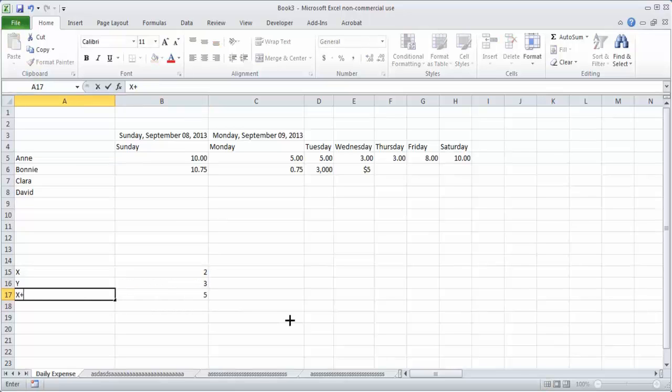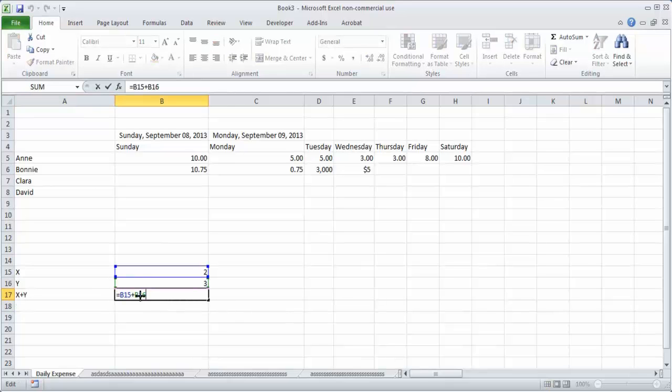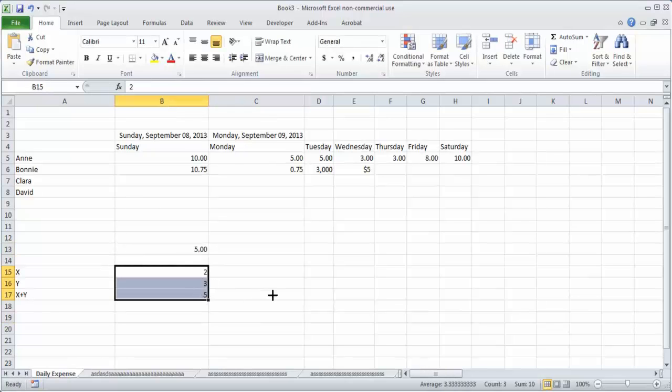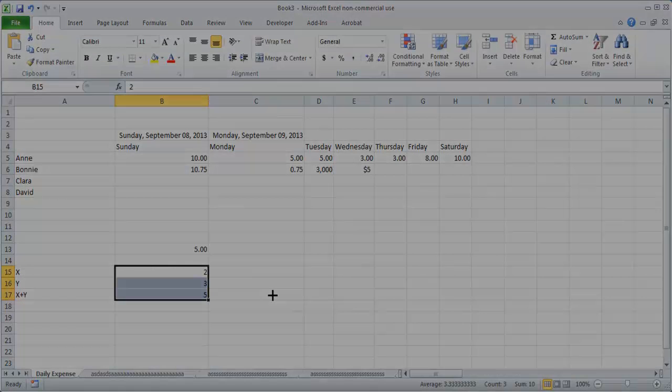So my recommendation is always that you should add with respect to the cells and not directly put values like 2 plus 3. That is very bad, because you yourself will not understand why you have added this 2 plus 3. This is a very simple sheet, but when you have a complex sheet, there you will find that difficulty comes.